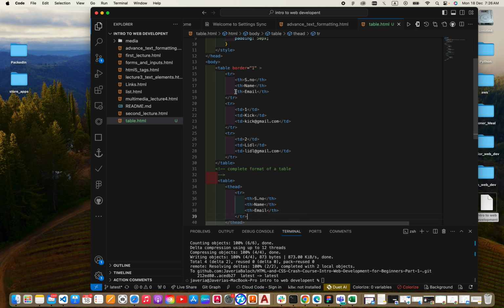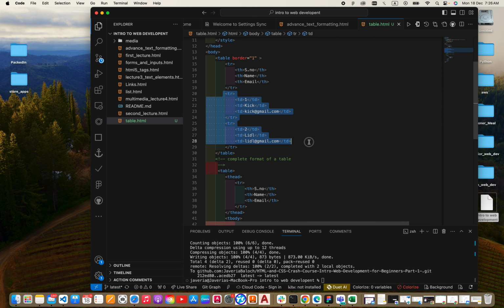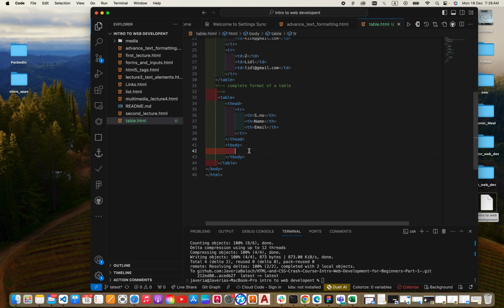You don't see any difference actually between these both, but it is something that works like that. So be there, I am on it. So let's begin with the second part, that is called tbody, and I'm going to copy this. I will paste it here,